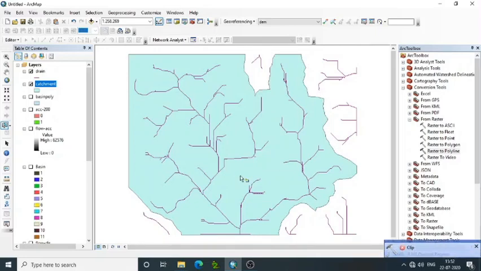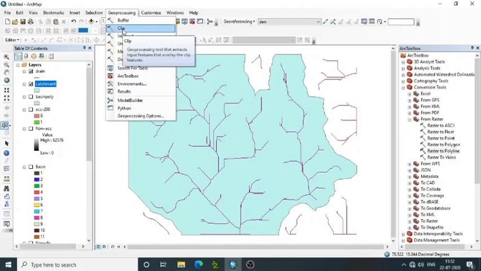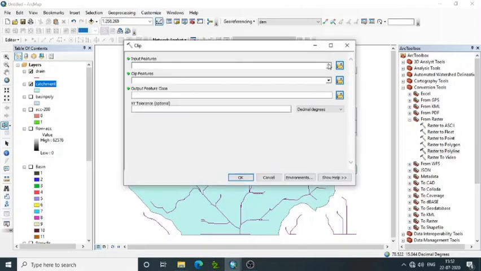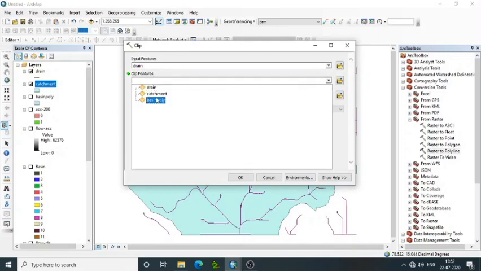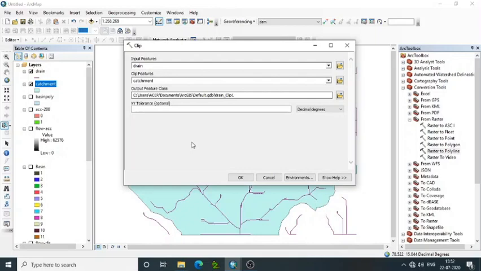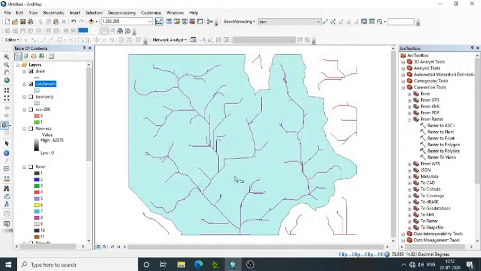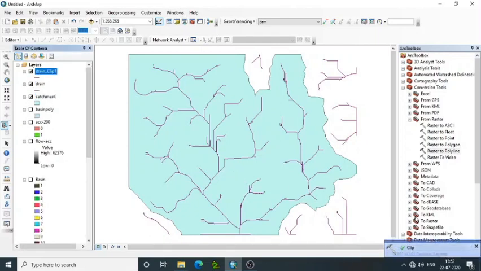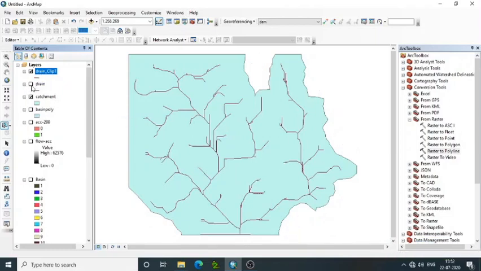So sometimes it may not accept. We can repeat the process without changing output path. So go to geoprocessing, clip, then input feature is drainage line, then clip feature based on catchment area. By default make output as default GDB, so that the process will be completed. Now we are able to understand clip process is completed. Then you switch off all other drainage lines. Now see that only the drainage lines of the catchment are selected.